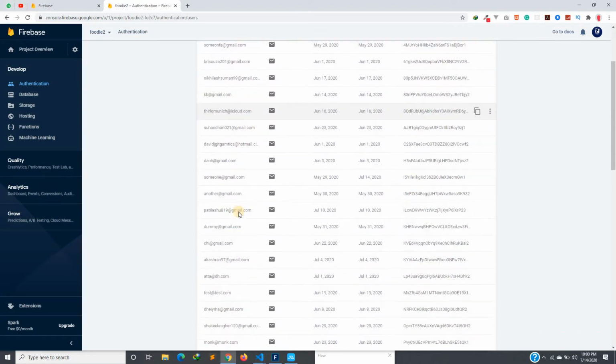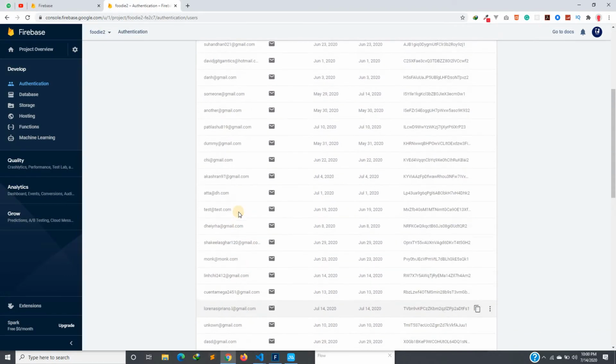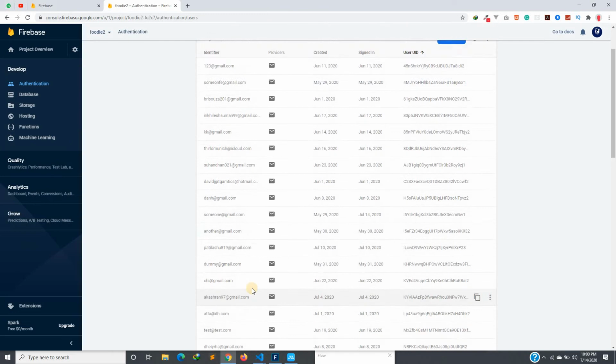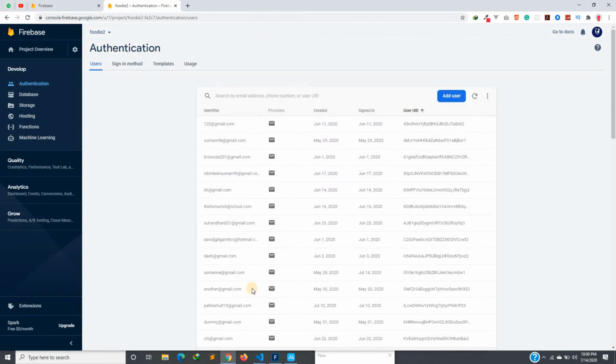Google, some people keep on messing up with my Firebase project, putting a lot of emails here which I don't even need, and a lot of data into my database. By the way,